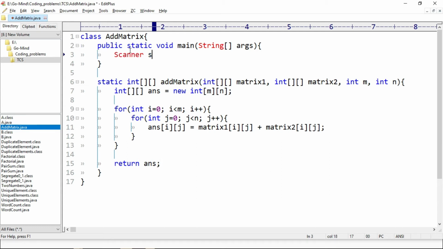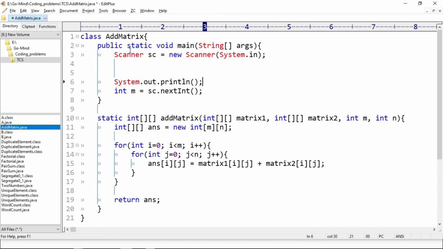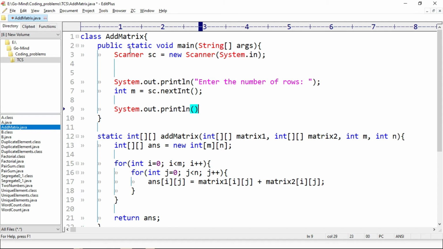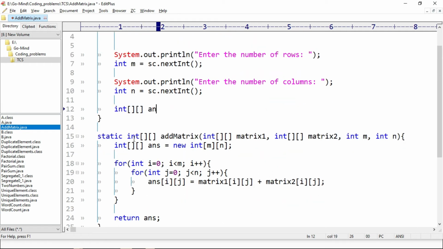Now the driver code. The first line consists of number of rows, then number of columns. Now we will first initialize a 2D array for matrix.